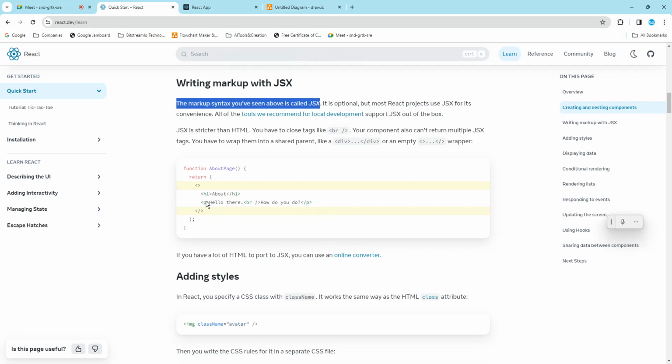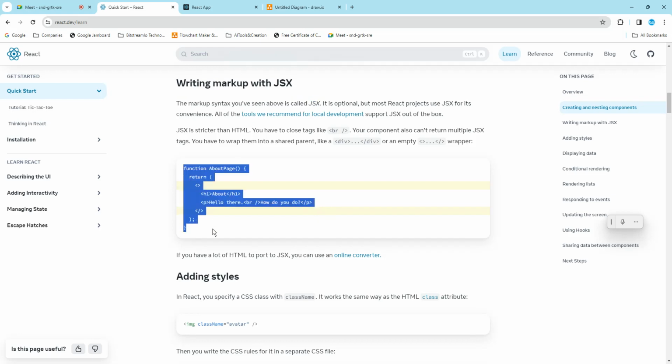JSX ಅಂದ್ರೆ ಜಾವಾಸ್ಕ್ರಿಪ್ಟ್ ಒಳಗಡೆ HTML ಬರೆಯೋದು, that is called a JSX. Okay, it is optional, but most React projects use JSX for the convenience. All the tools recommended support JSX out of the box. JSX is